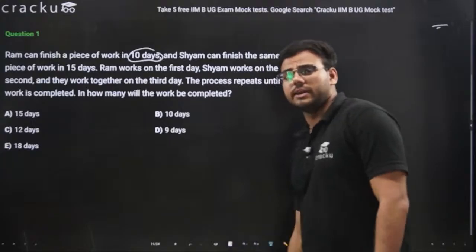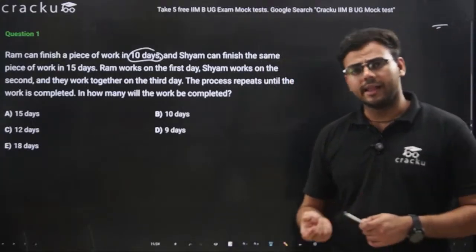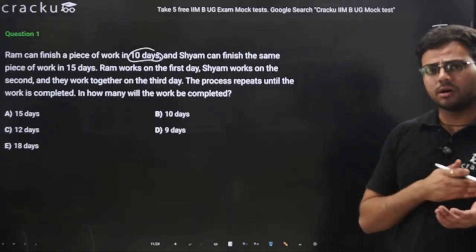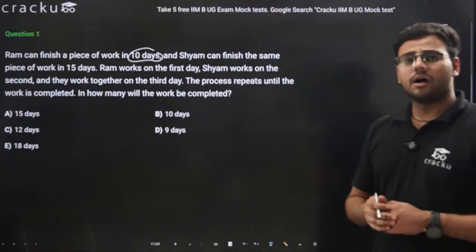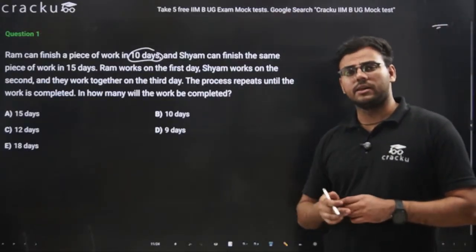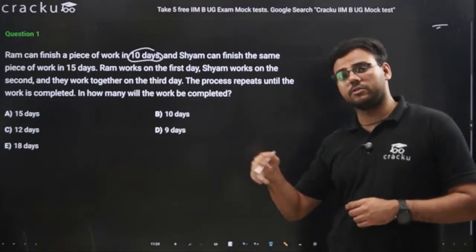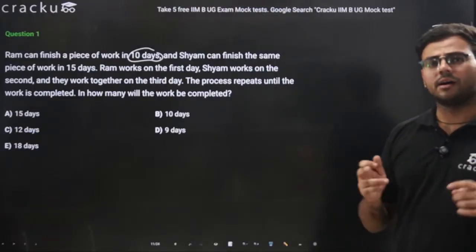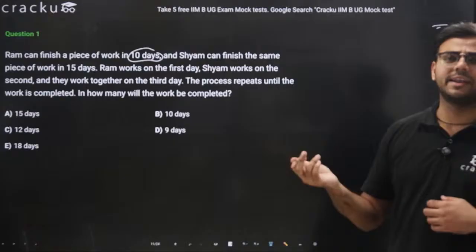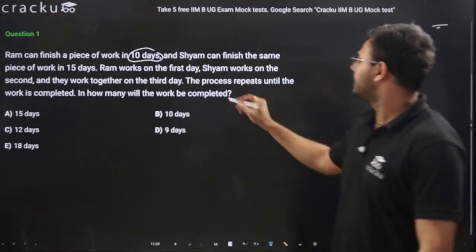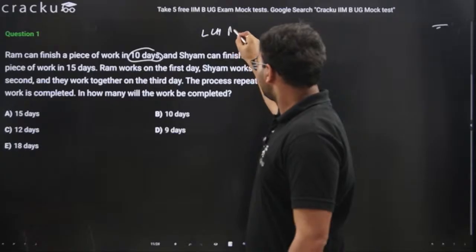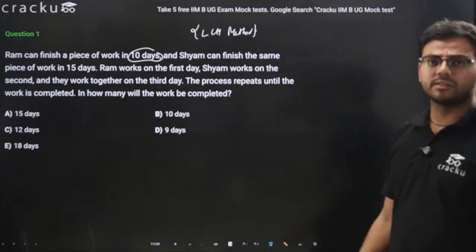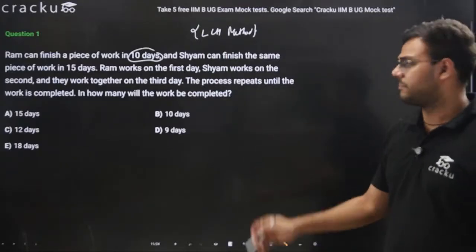So for solving questions in time and work, I generally prefer using the LCM method, because the reason for that is basically I want to avoid using these fractions. If you remember, in the unitary method, there was 1 upon a, 1 upon 12 plus 1 upon 6 is equal to 1 upon d. If the fractions are a little complex, where I have to take a lot of LCM and then solve those fractions, I find it very difficult. So I generally use the LCM method. You can get all the answers using the unitary method as well, but for solving these questions, I will be using the LCM method.